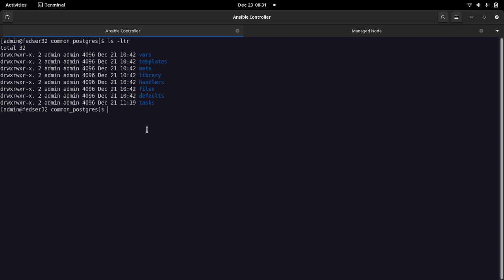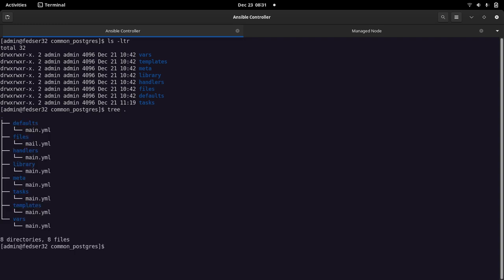And one common thing about all these folders which we have created is that they all need to contain a file called main.yaml. This is the file that you need to create in all the folders, whether you are utilizing it or not.